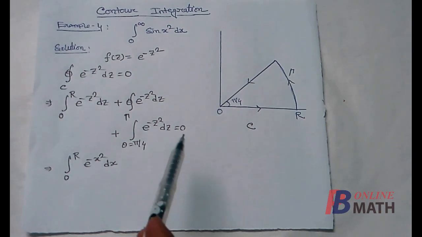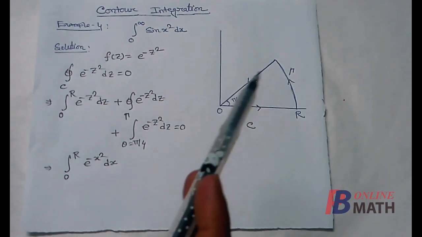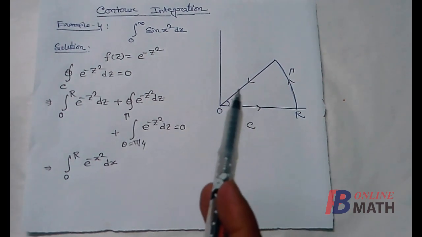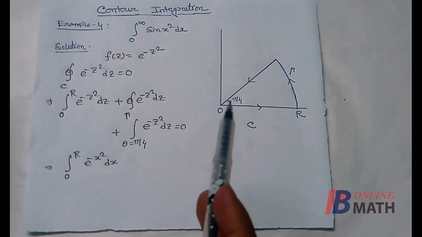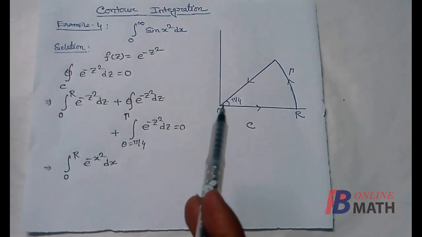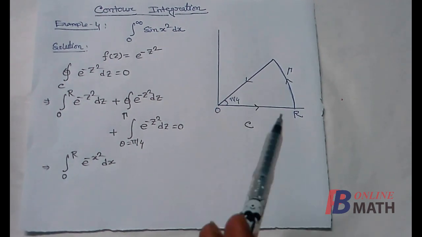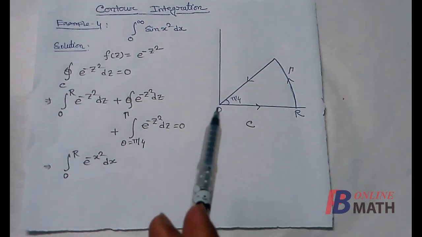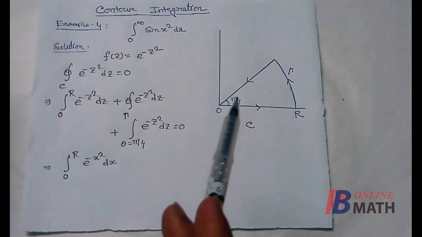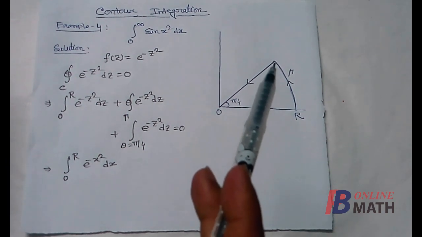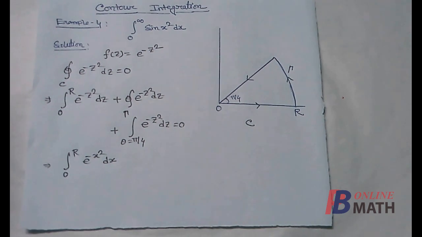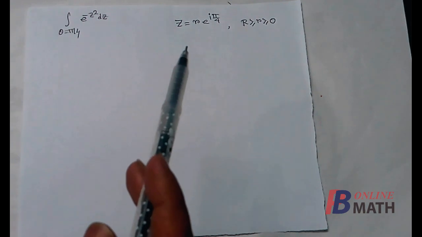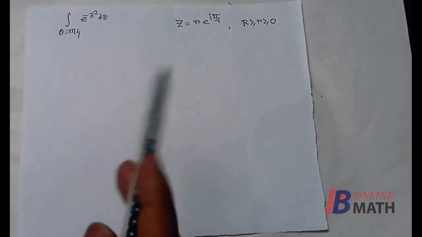Next we shall evaluate this integral, that means along this straight line. So first of all we write the equation of this straight line. Here we find that in this straight line θ is constant, which is π/4, but r, the distance from the origin, varies. And since the direction of this straight line is taken along this direction, the distance r, small r, varies from the radius, that is capital R, to 0. So this is the integral, and this is the equation of the straight line. So we have to evaluate this integral.